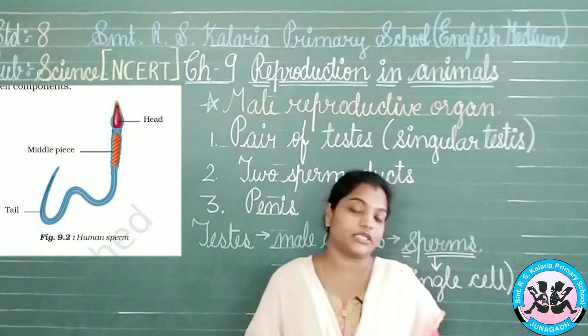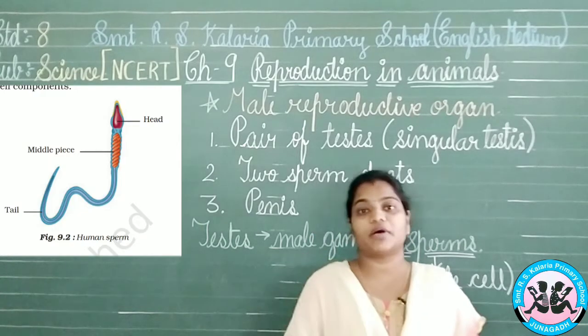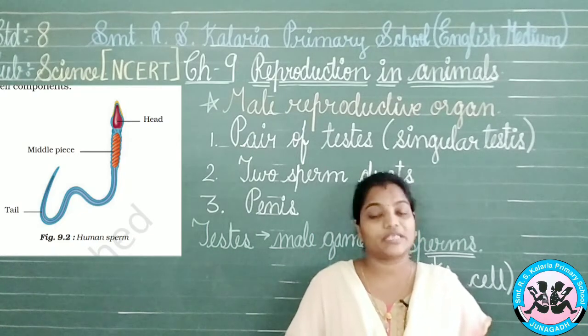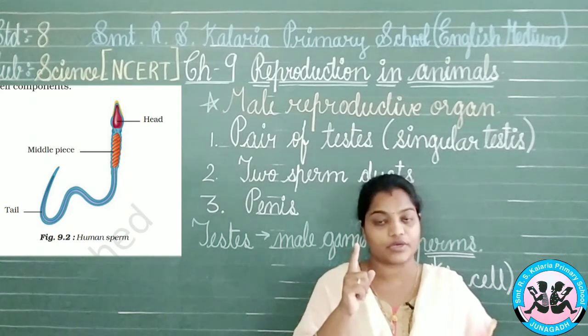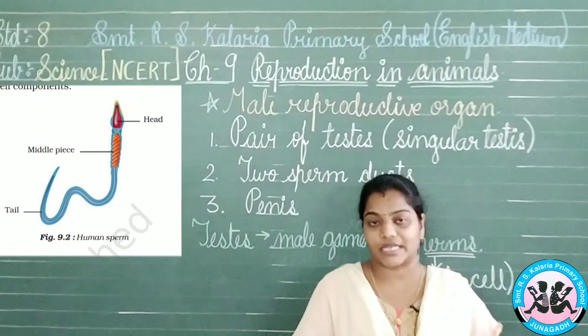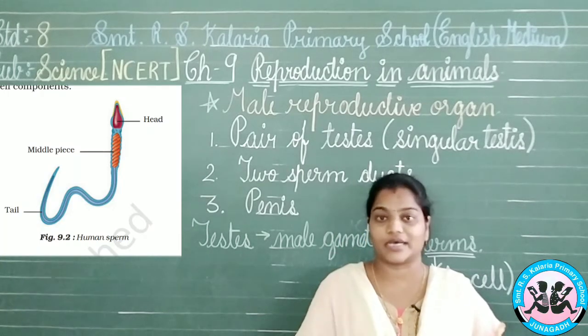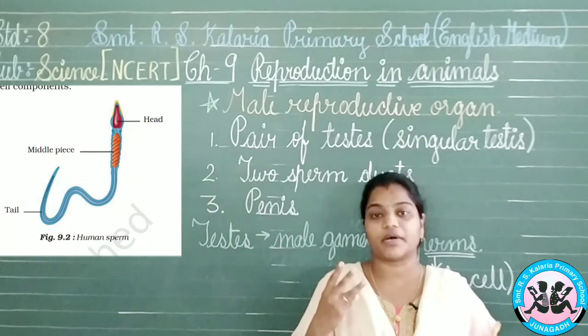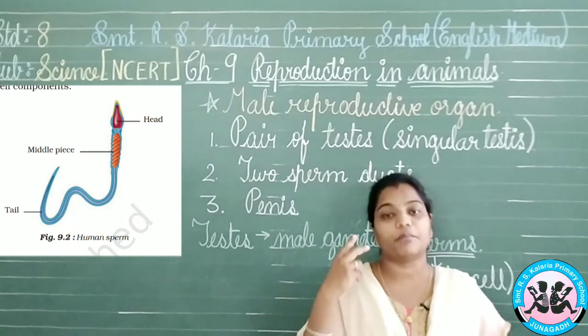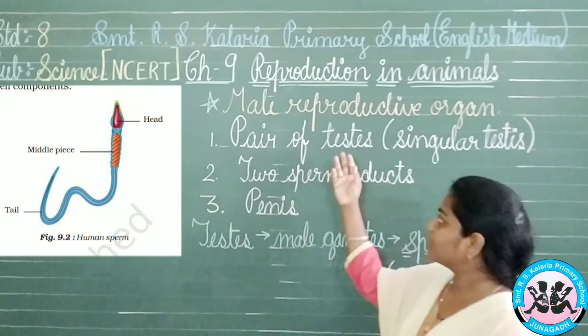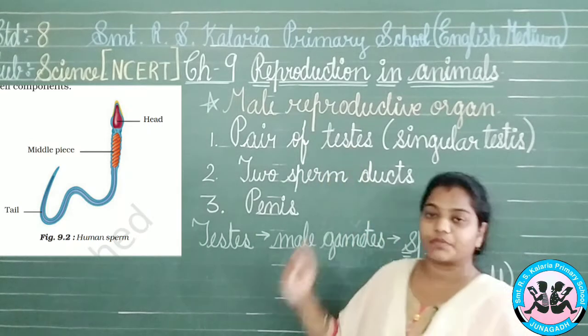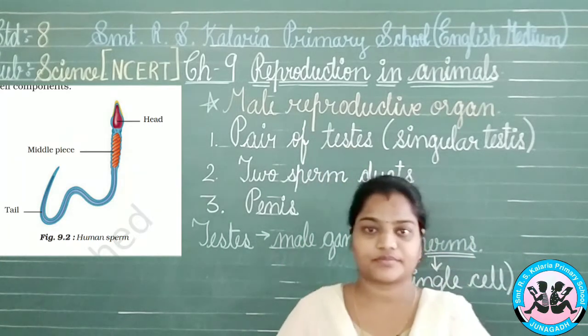Now, we have a question in our mind: is the sperm also unicellular? Yes, the answer is that it is a single celled organism. Okay. So, sperm is a single cell. It is very small in size and it has 3 parts, that is the head, middle portion and the tail. So, this is about the male reproductive system organs and the sperm as we have seen.